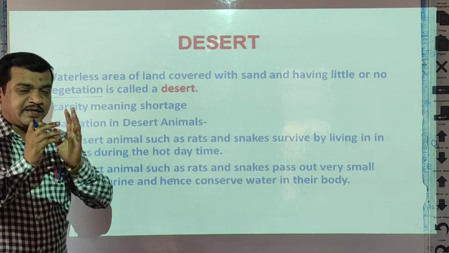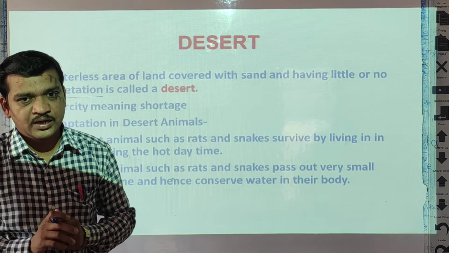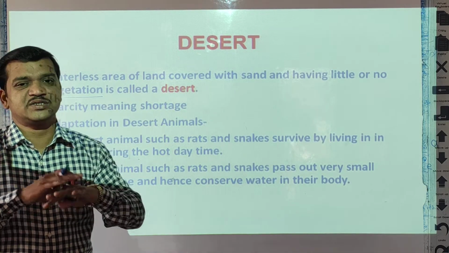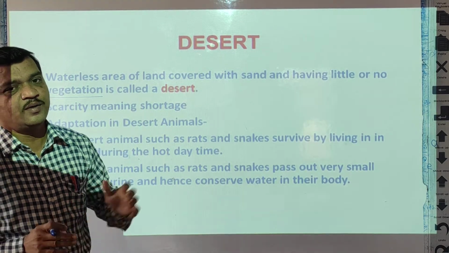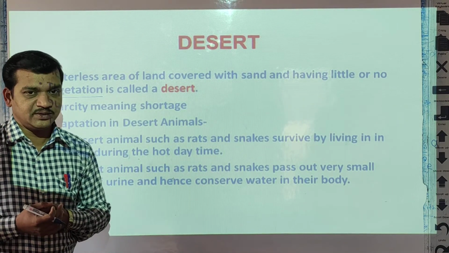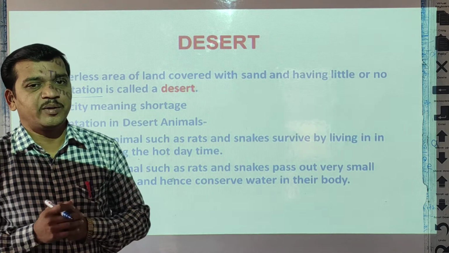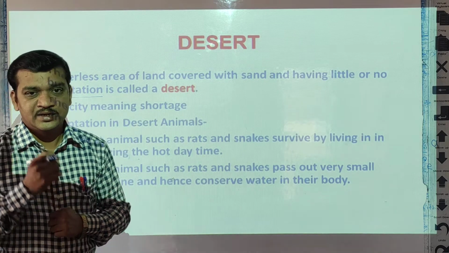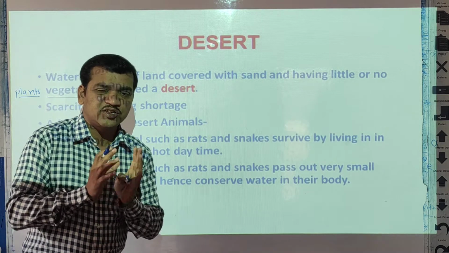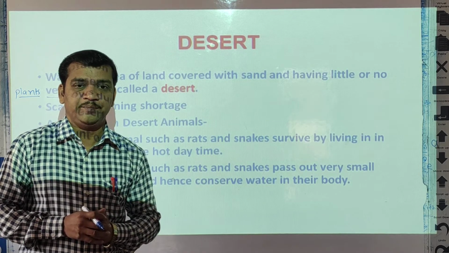So desert is the area where we can see just sand, and very less vegetation or sometimes no vegetation, just dry land. Such area is called desert. Okay, so what type of plants, what type of animals are there? Second thing, examples. Animals like desert snake, desert rat, then camel. These are the common examples of animals which we can see in desert area.